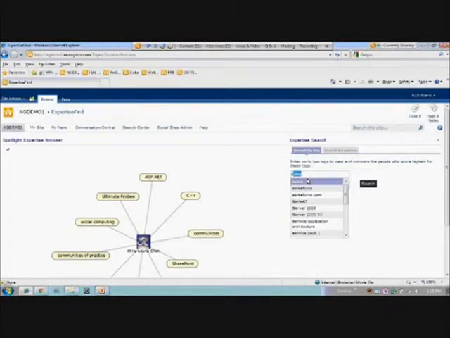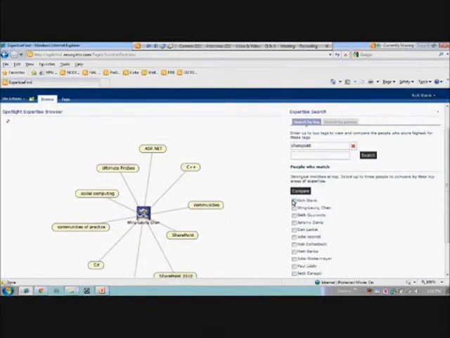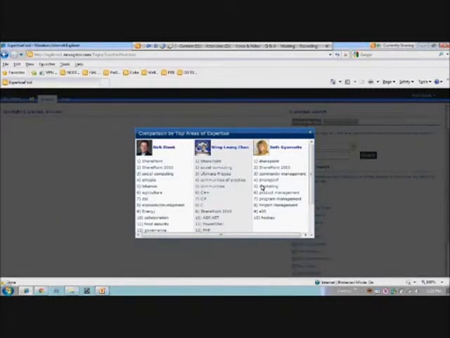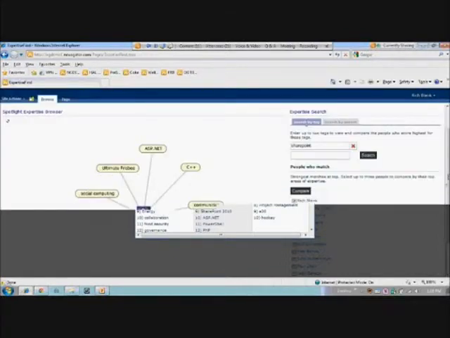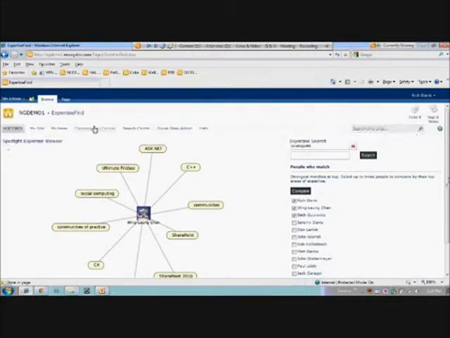We also provide the ability to search for experts. So I can search for a particular term. If you're familiar with SharePoint, there is the people search. You could still search through that normal people search that SharePoint provides out of the box. But this is really about expertise. If I search for a particular term, I'll get all the same experts that show up in the visual view. But here I can check off these boxes and actually compare those experts and determine which person I want on my project, or which person I really need to talk to. Maybe I need to talk to Beth because she's more of a SharePoint program manager. So it's pretty powerful in terms of expertise location.